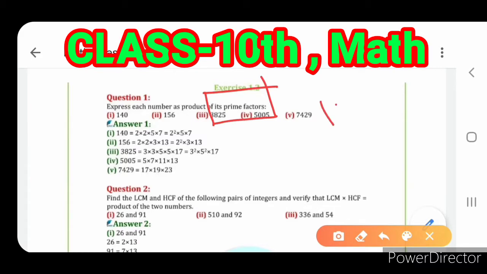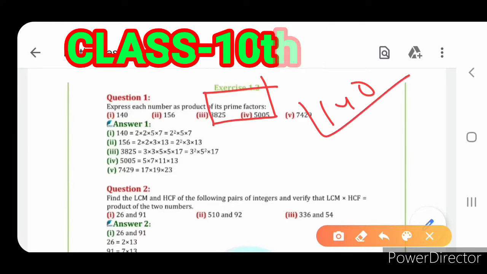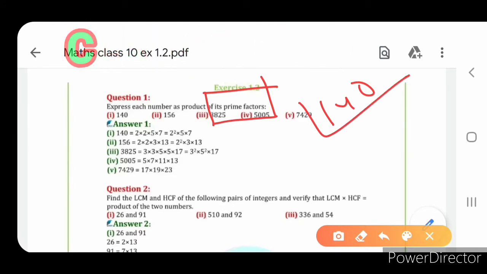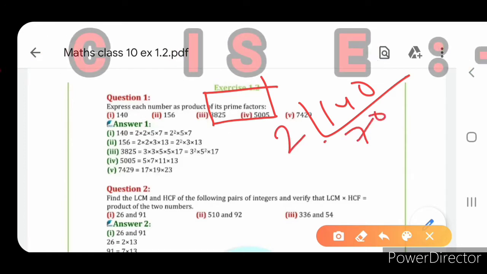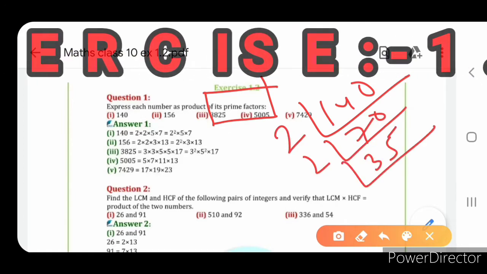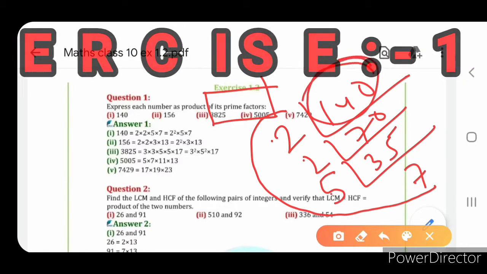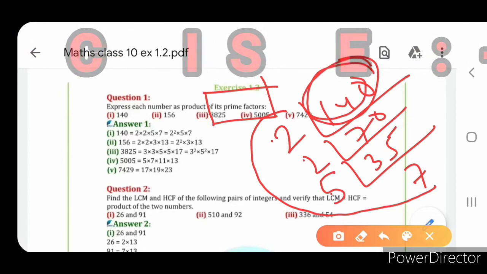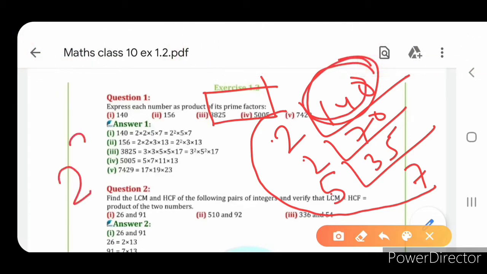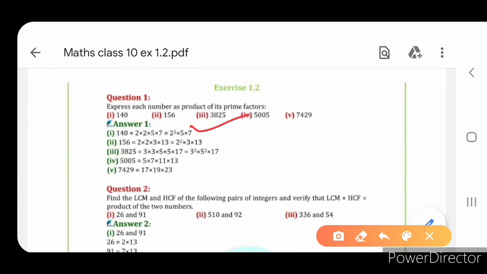We know that when we take LCM, just like when we factorize these things, for example, if 140 is given, then 2 times 70, then this will be 2 times 35, then here 5 and 7. So these are called prime factors of the given number. It means 2, 2, 5, 7 are prime factors of 140. So here 2 appears 2 times, so we can write this as 2 square into 5 into 7. So 2 square into 5 into 7 is the prime factorization of 140. Similarly, we can find all the prime factors of a given number.